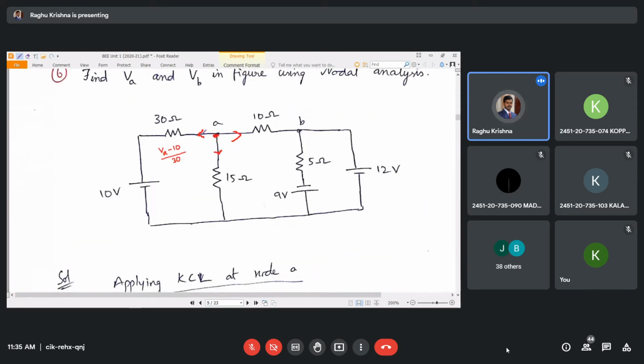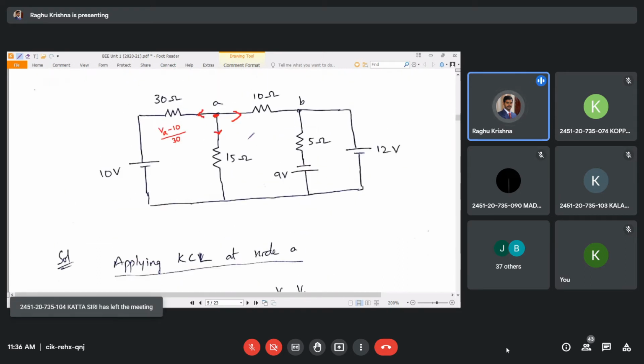What is the voltage across this resistor? Here the voltage is VA, here the voltage is 10. So VA minus 10 by 30 is the current flowing through this 30 ohm resistor. Similarly, what is the current flowing through this 15 ohm resistor,